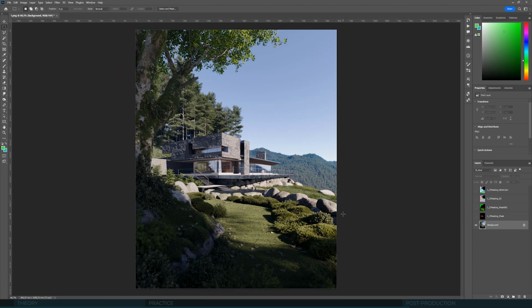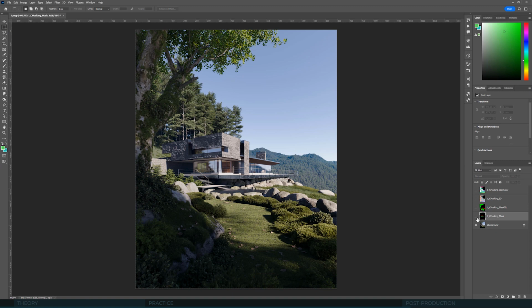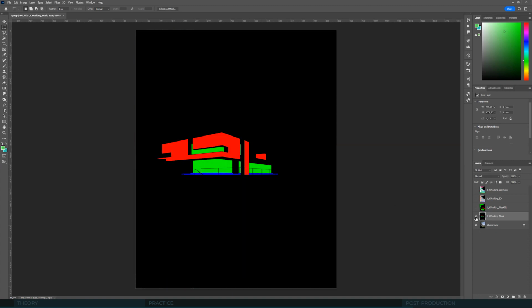Okay, we can start building this image while utilizing all those masks. Let's maybe start with this first one. We can affect the perception of architecture here, so let's begin by raising the brightness of that stone facade. Some other parts of the scene, the rocks, the plinth, are brighter at the moment and I would like them to interchange. And because we have that RGB mask, we can get into the channels tab and see how the layer